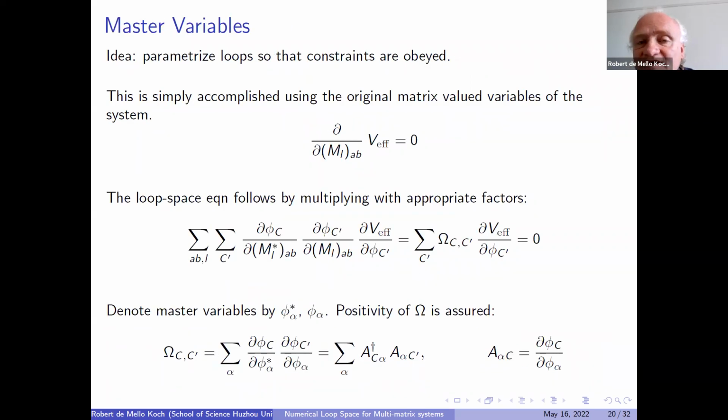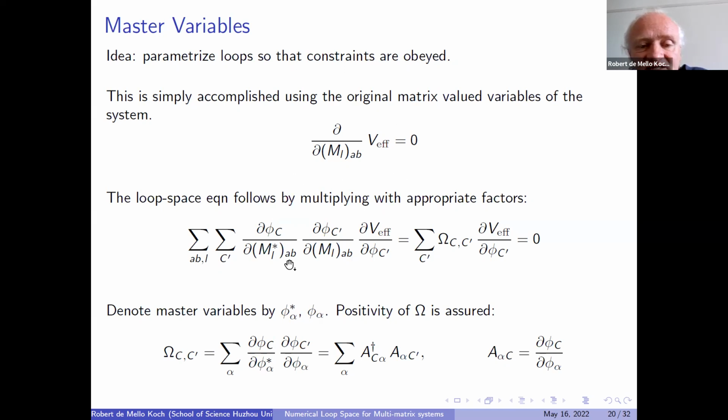Well, the idea is that we're going to parameterize loops so the constraints are obeyed. And the obvious parameterization to use is in terms of the original matrix variables of the system, because it's in terms of those variables that you very easily prove the positivity of omega. So what we're going to do is imagine that our loops are constructed using M1 and M2, and then we're going to minimize the effective potential with respect to the matrix elements of M1 and M2. And just manipulating this